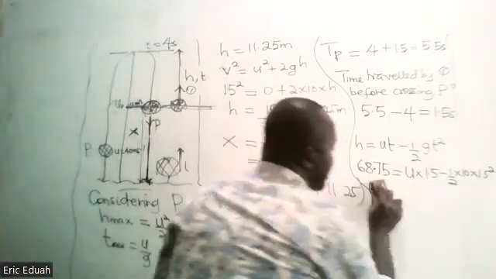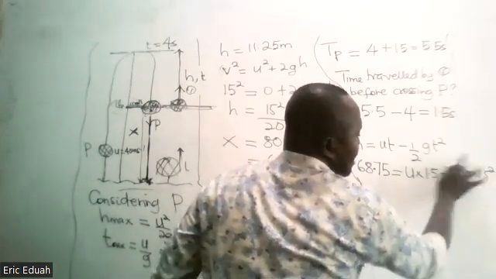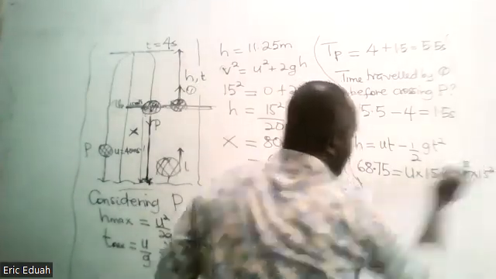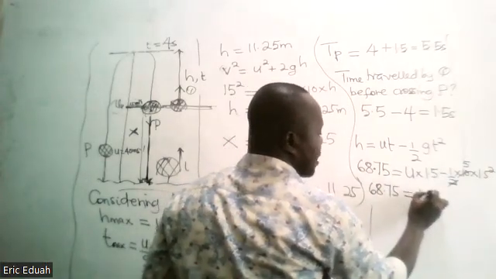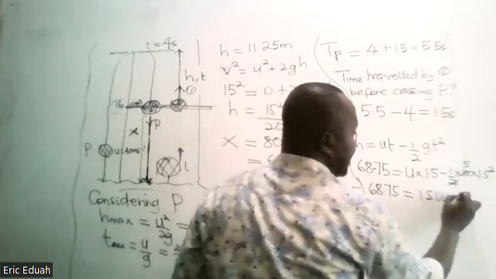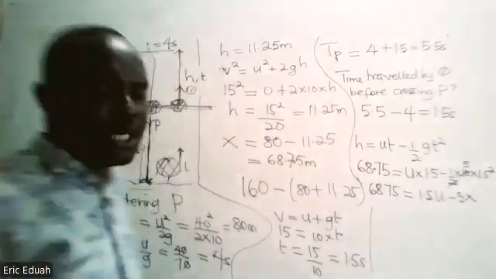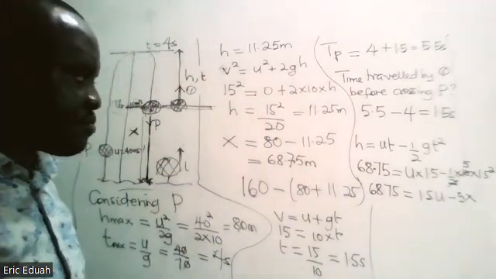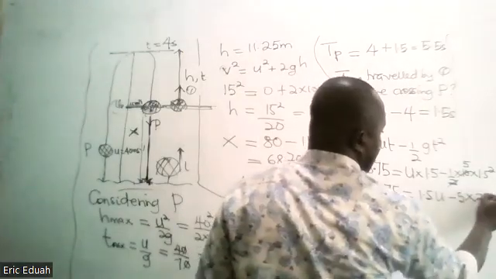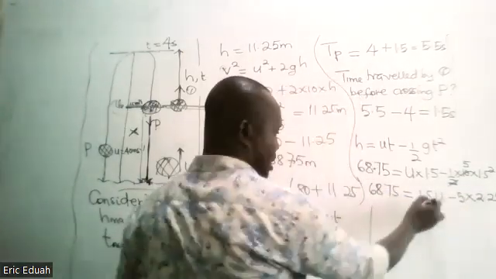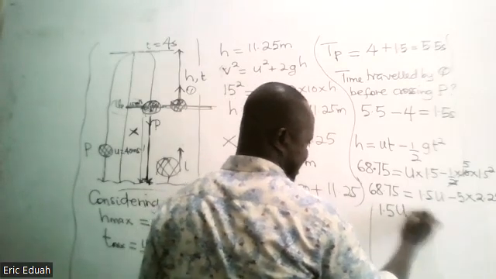Maybe let me clear it to help those who haven't seen it to also understand. So this is what I have: 68.75 is equal to 1.5 U minus 5. What is 1.5 squared? 2.25. Okay, so because I'm looking for U, I'll make 1.5 U the subject, and so I have